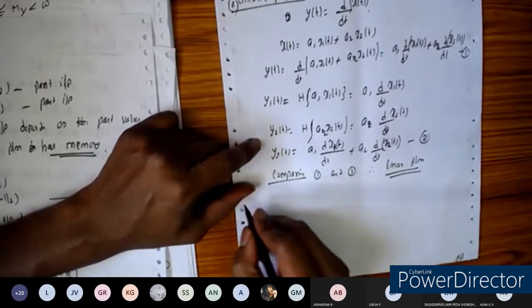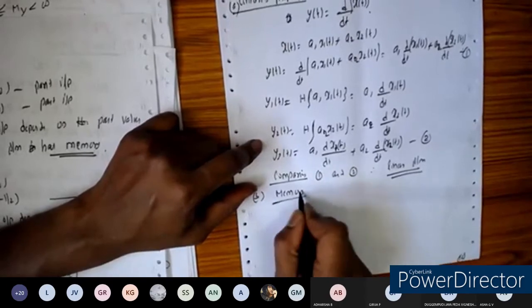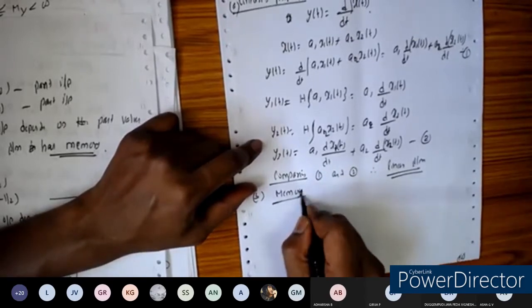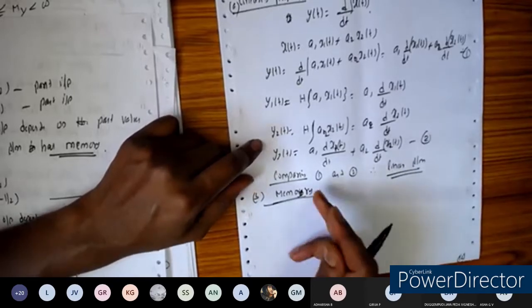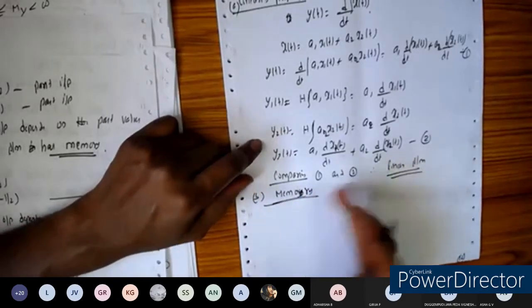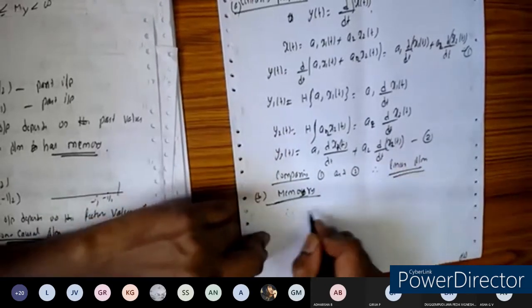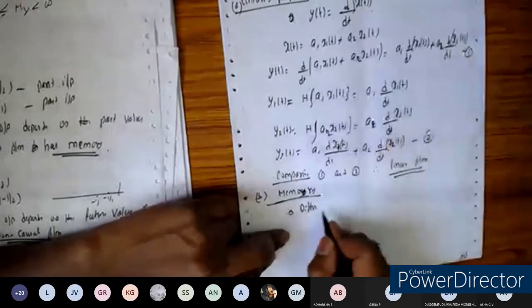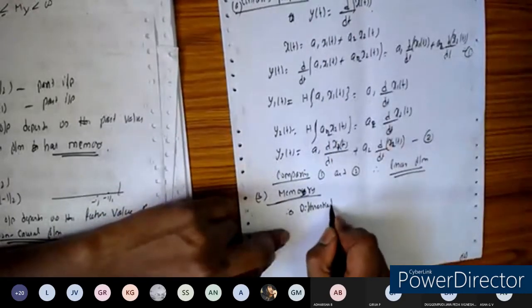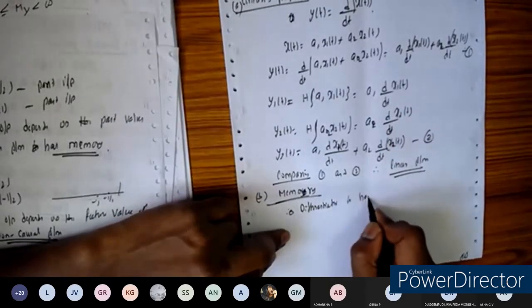Okay, so the next one I'll take is called memory. All differentiators will have memory, because you have seen the capacitor in the last semester, in network theory. So it has memory. You can take the differentiator as having memory. This is an example of the differentiator here.